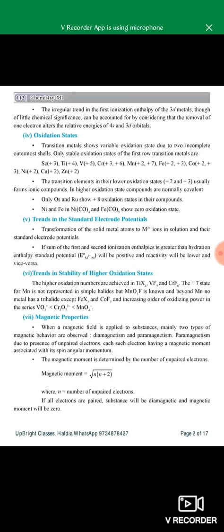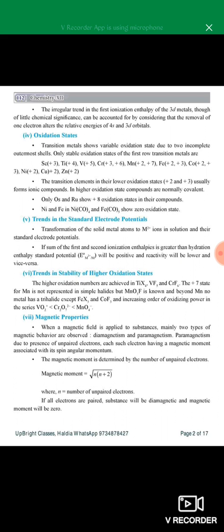Trends in stability of higher oxidation states. The higher oxidation numbers are achieved in titanium TiX4 to chromium CrF6, and the +7 oxidation state of manganese is not represented in a simple halide, but MnO3F is known, and beyond MnO, no metals have a trihalide except